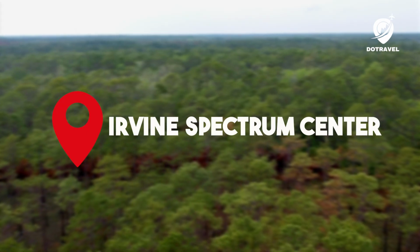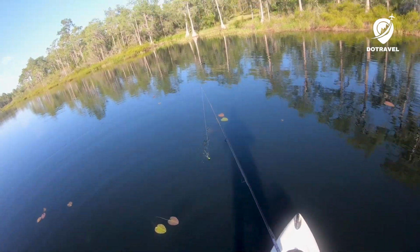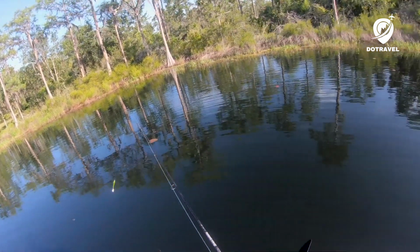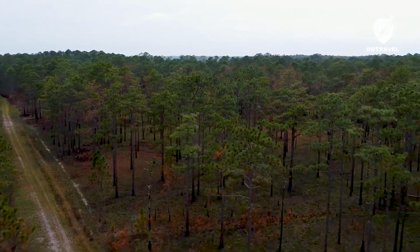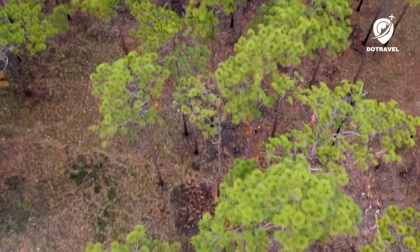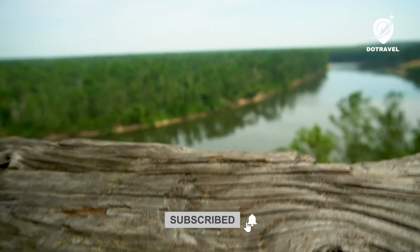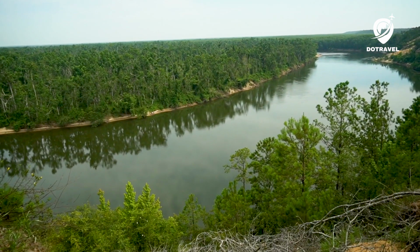Number 8, Apalachicola National Forest. Set between Tallahassee and the fishing town of Apalachicola, the Apalachicola National Forest is a haven for nature lovers and hikers. The National Forest is home to an amazing mix of habitats, from longleaf pine forests to swamps, surging rivers,